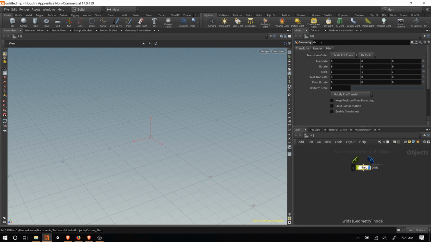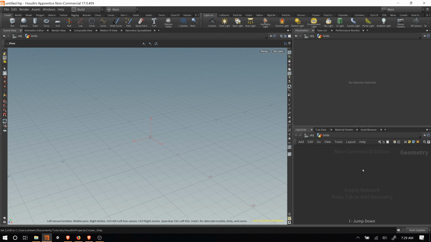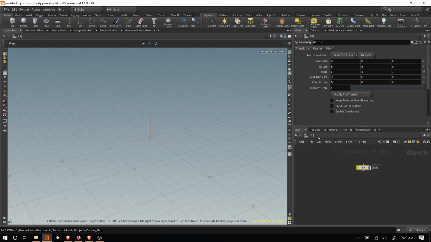Press Enter. And then you can either double click on it, or with this node selected, you can press I on the keyboard and it will dive in. We can see up here now, it'll give us a little breadcrumb of how many levels in we are. Right now we're on the objects panel, and we're in grid, so this tells us where we are. If I press U on the keyboard, now it jumps back out,